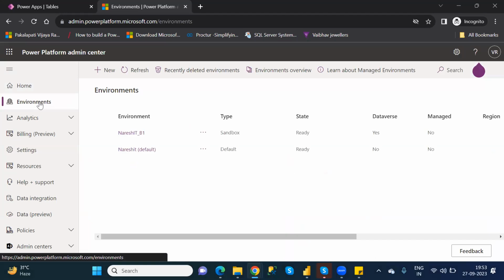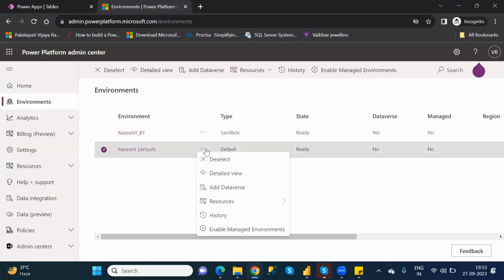At the time of creating an environment, suppose for example, see here.